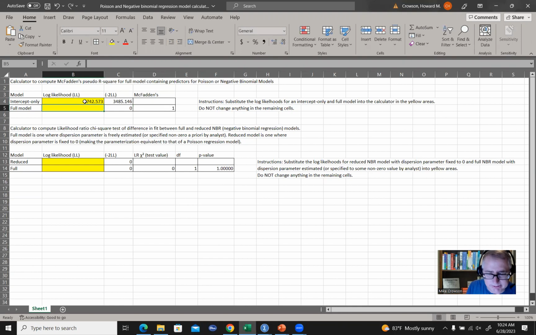Let me make sure I got that right. Yes. And then for our full model, we have negative 165.056 right there. Excuse me, actually, that's incorrect. I think I inadvertently missed a number in there. Let me try that again. It never fails that you can end up making a little error somewhere in all of this. So it's actually negative 1651.056. Now when I substitute that in, you can see the McFadden pseudo R-square value is